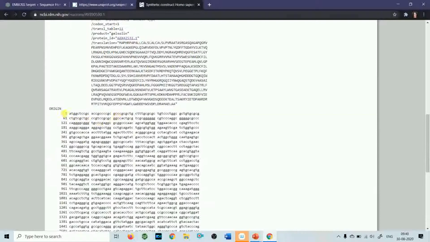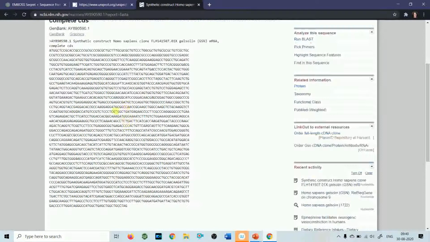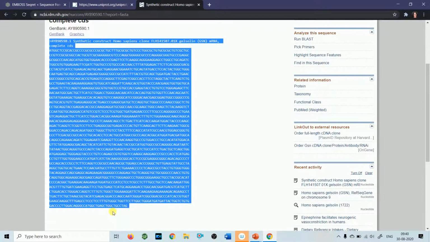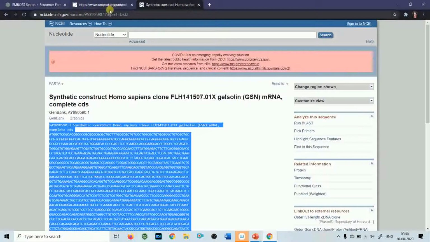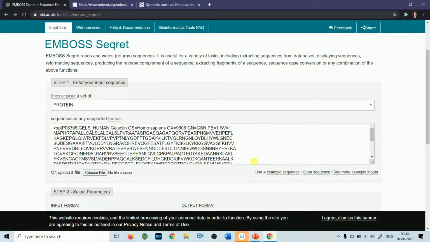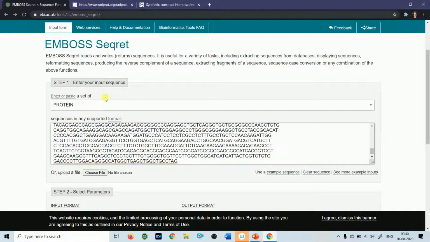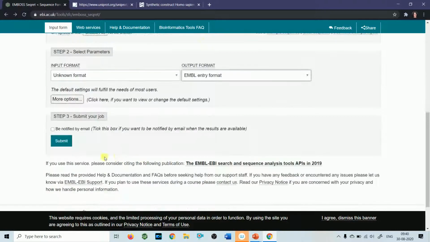So this has a gene sequence. I'll just click on FASTA and copy it. And then you can paste it here, click here on DNA, choose an output format like EMBL entry, and submit.